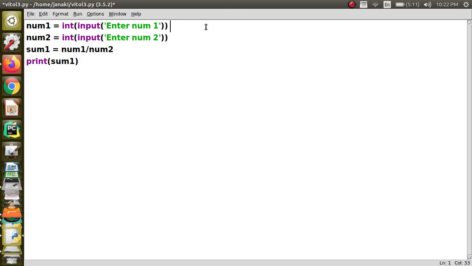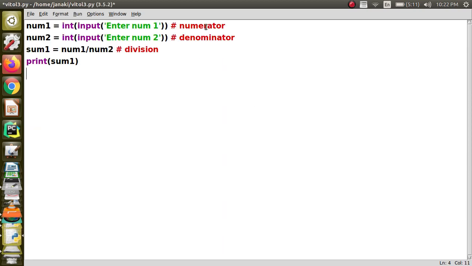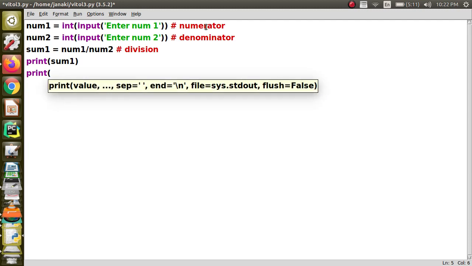So I can also add single line comments like this to denote something, right? Single line comment, or this hash can be used as a partial comment also, okay? Numerator, denominator. Here I am doing a division, okay? You can see that it is so precise, so many decimal places are coming, and if you feel like it is very difficult to manage and you want to print only a few decimal places, then what you can do